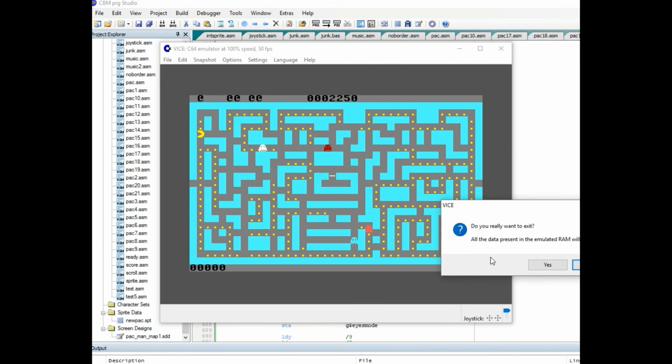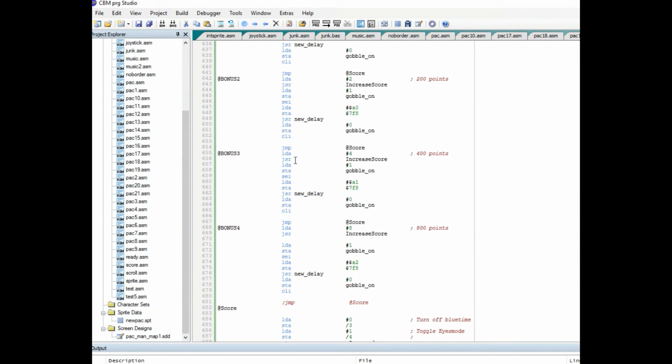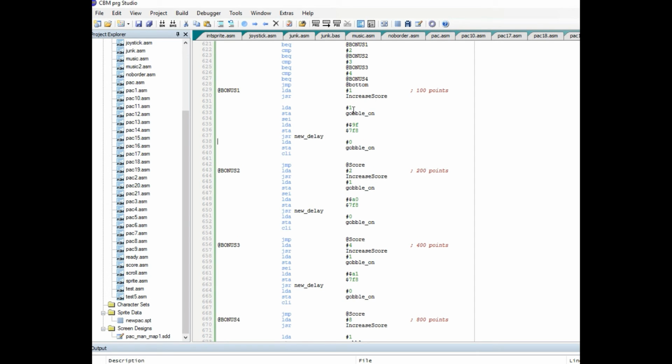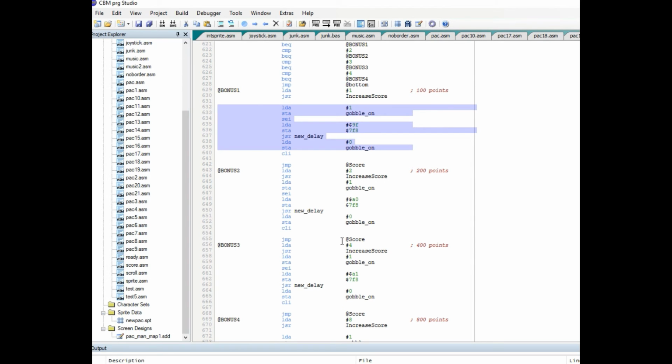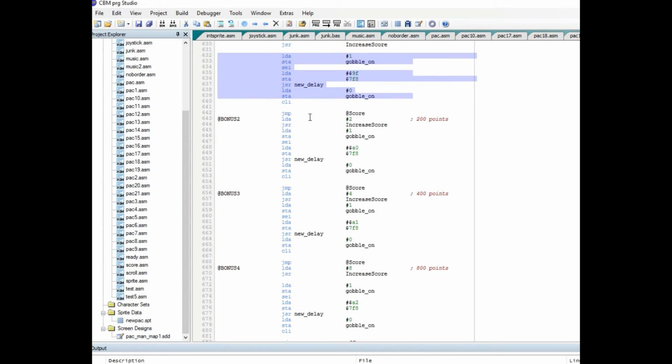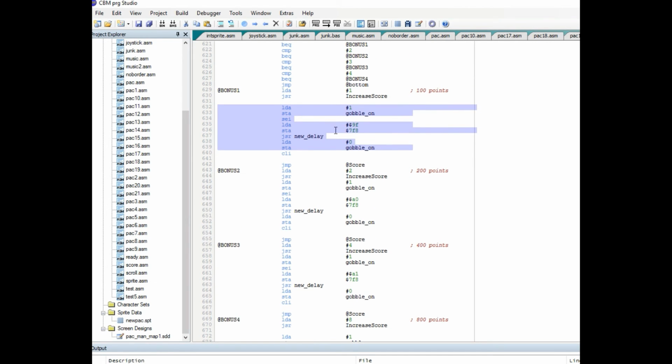It's not as efficient and succinct as I would like it in here, so I will probably take these few lines of code right here. The only thing that changes in there is this variable 9F, A0, A1, A2. So just make that either a quick macro. I'm thinking a sub rather than a macro because it makes the code shorter. But